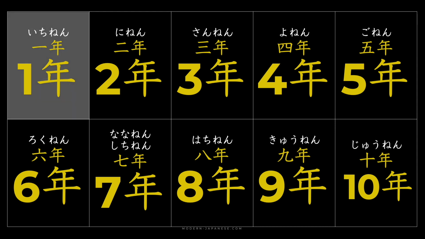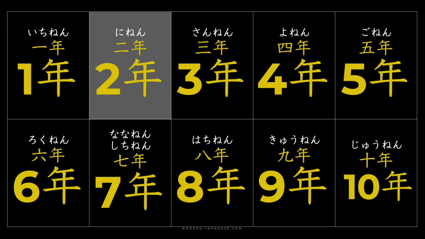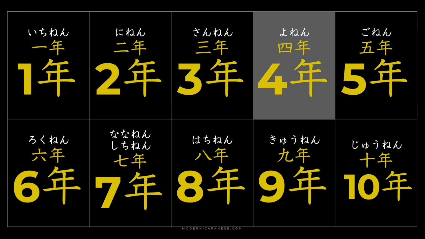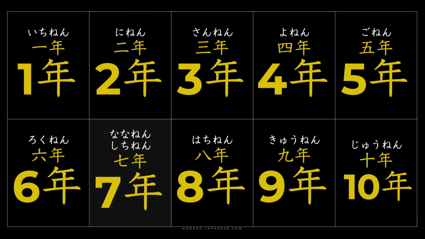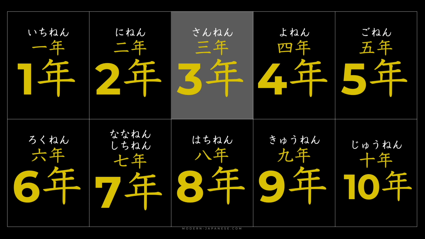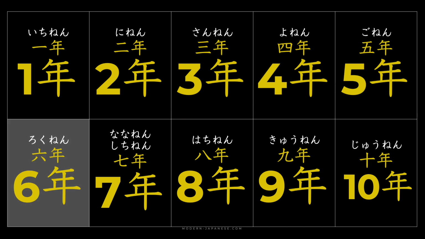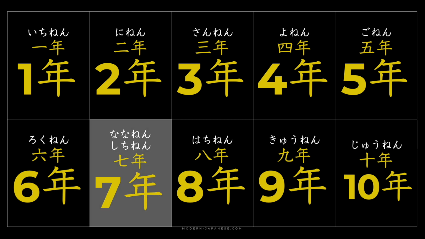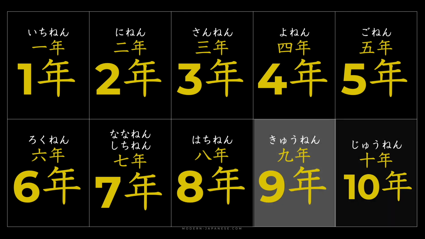So, ichi nen means 1 year or year 1, ni nen means 2 years or year 2, and so forth. There's just one exception. For 4 years, yon will be read as yo, making 4 years read as yonen. And 7 years can be said either way, as nananen or shichinen. 1年、2年、3年、4年、5年、6年、7年、8年、9年、10年。